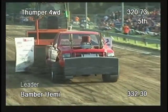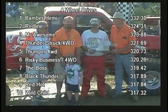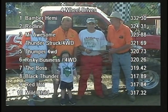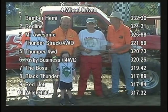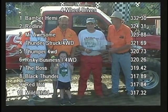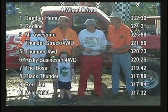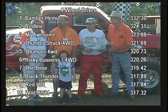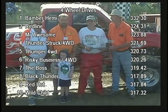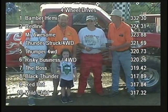There was a point there I thought he might actually get out of the throttle and rehook Iowa with the Redline pickup. Mr. Awesome, Chevrolet out of Powell, Wyoming, Corey Johnson in the number 3 position. In fourth, Jamie Bush out of Mason City, Iowa with Thunderstruck. In the number 5 spot, Lane Thornton with Thumper. Coming in sixth, the Risky Business, Chevrolet of Joe Claypool out of Missouri. The Boss out of Mandan, North Dakota, John Yancer coming in 7th. Black Thunder out of Cheyenne, Wyoming coming in 8th. In the 9th spot, Red Hot, Dean Christensen. And rounding out the top 10, Darren Chris and Wild Child coming in that number 10 spot. And I think we've got